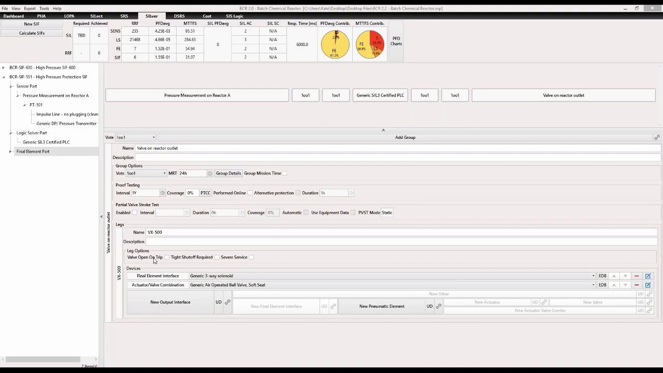We know our valve opens on trip because we want to dump the reactor contents to the quench tank. So obviously tight shutoff is not required, and we're going to say this isn't severe service. This is clean service. You can see that when I chose my equipment, some of the options were grayed out,